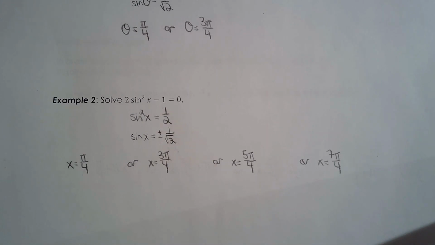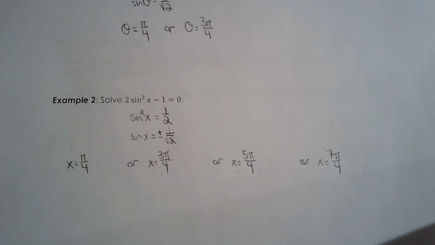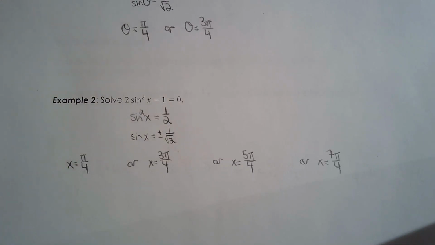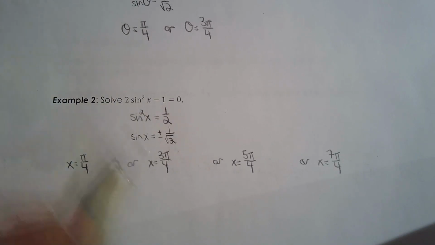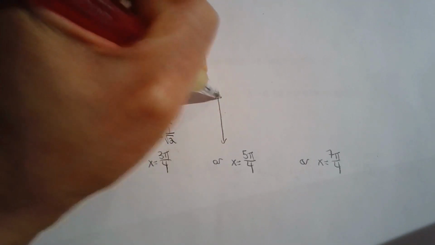And the answer is no. You should be able to get an infinite number of answers. So right now we have 4 answers. So how do we get these infinite answers? Because there are many more ways to get a ratio of 1 over root 2. And there's many more ways to get a ratio of negative 1 over root 2, instead of just 5 pi over 4 and 7 pi over 4. No, there's many more ways. So how can I convince you that